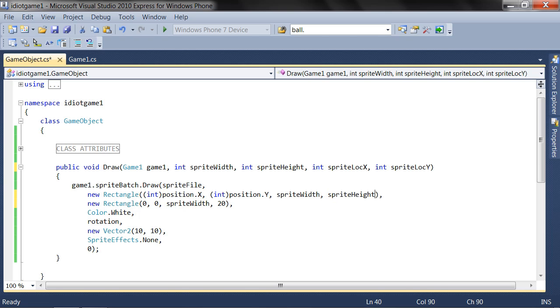That's how tall it is. And sprite lock x, because that's where it is on the actual sprite sheet itself. And sprite lock y. Now I've taken all the values out, so at the moment everything's broken, and you'll see